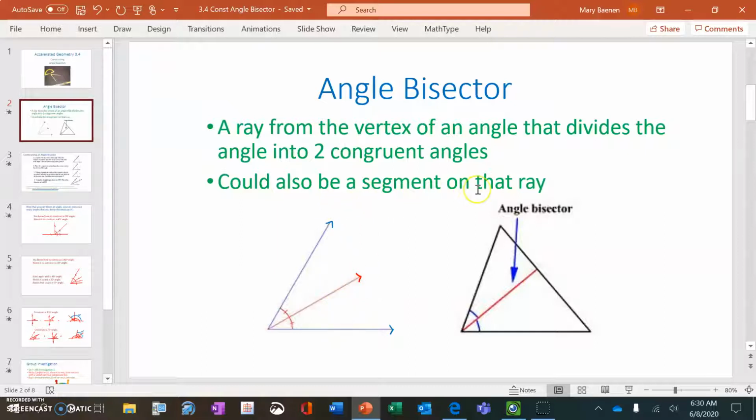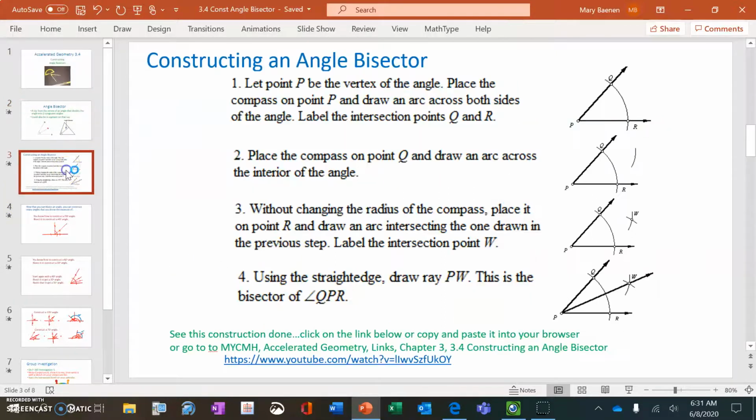It could also be a segment on that ray. So if I take a triangle now and I start at one of the vertex points of that triangle and I draw a segment in there that breaks that angle into two equal parts, then that is also the angle bisector. To construct an angle bisector,